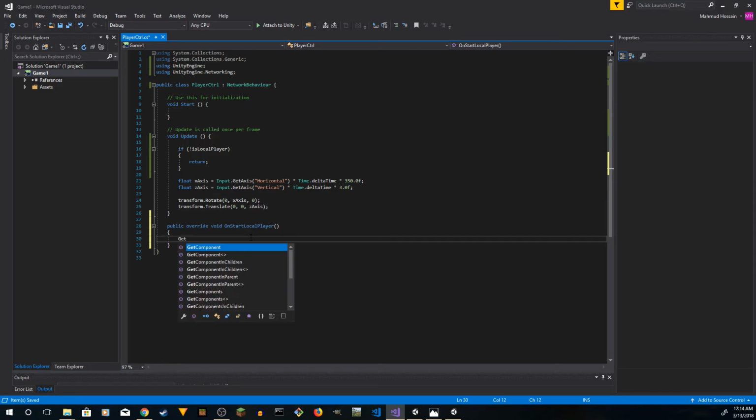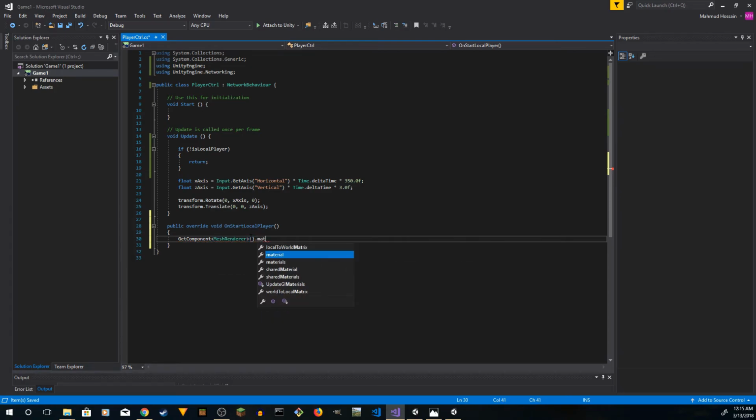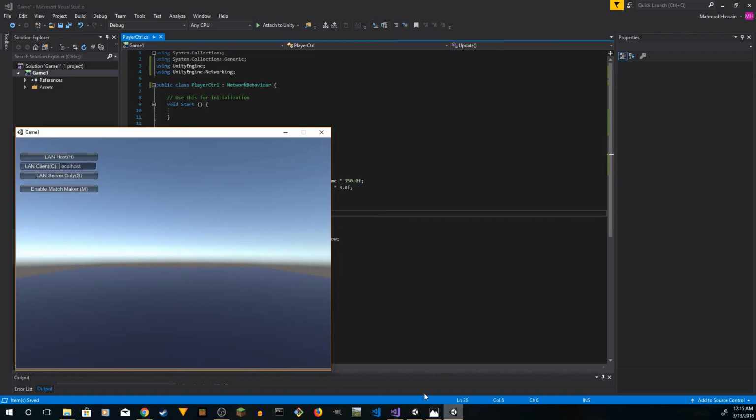We're going to say GetComponent MeshRenderer material color equals yellow. And if I go back,